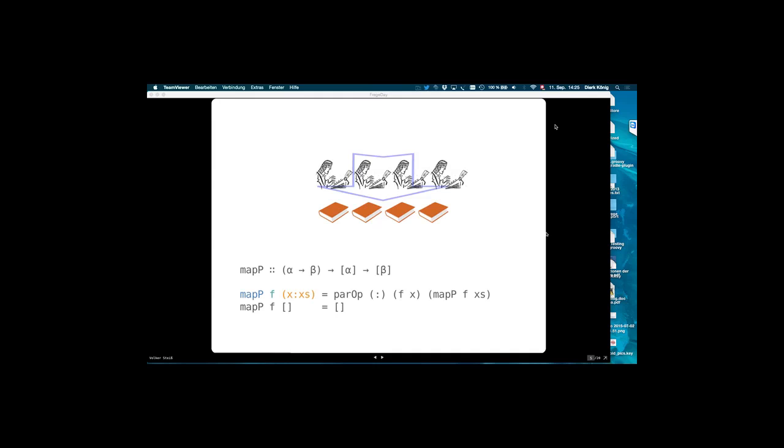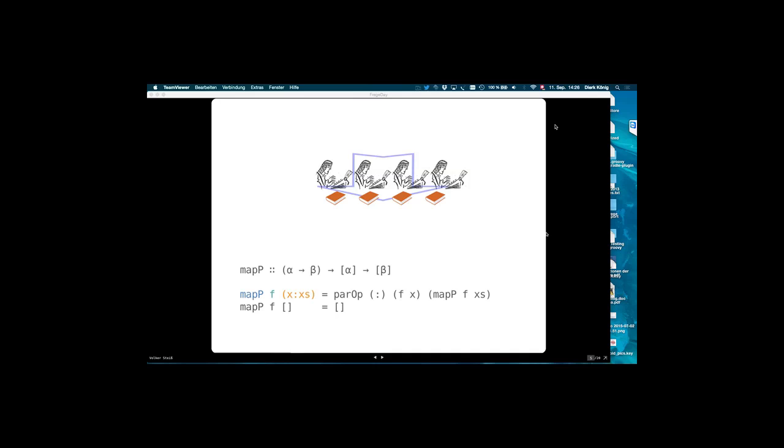This map takes a function and a list and gives us another list. That's one way to see this. And the function we pass takes an element of type alpha and returns an element of type beta. And map applies this function to all the alphas in the first list and produces a list of betas.